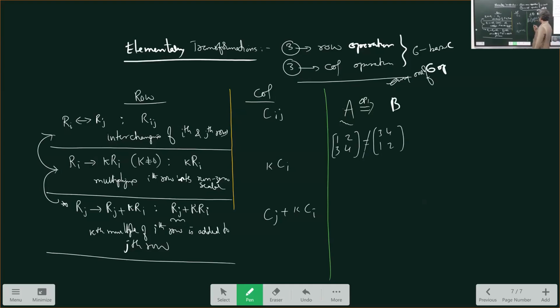But I can say this is similar to 3, 4, 1, 2 by applying the operation R1 interchanged with R2. Please remember, on applying these elementary operations, we will be getting a new matrix. We call that